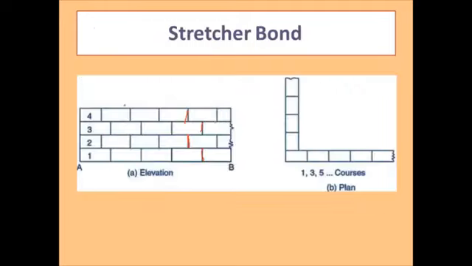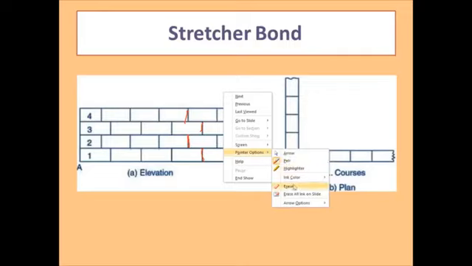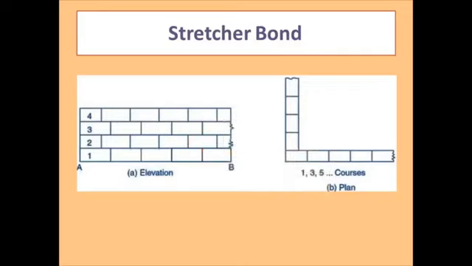What is this stretcher bond? If you see the elevation of the wall, what all you can see is only stretchers. So this is a stretcher, stretcher, stretcher and so on. But of course, there is a header in the alternate courses. That purpose I will tell you now. As the name says, the wall should completely consist of stretchers. So in the first course, I am placing only the stretchers.